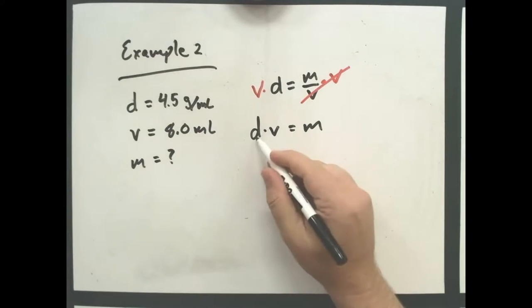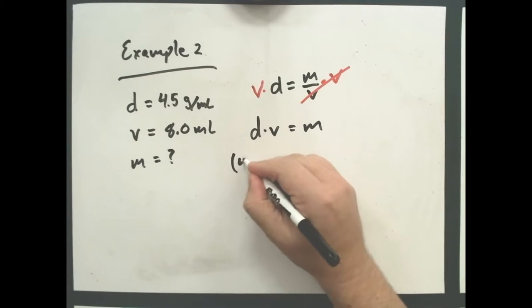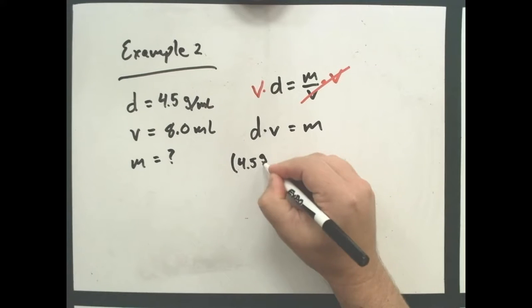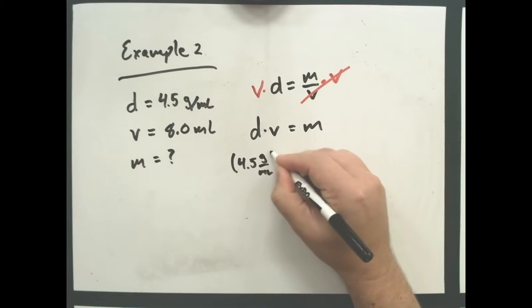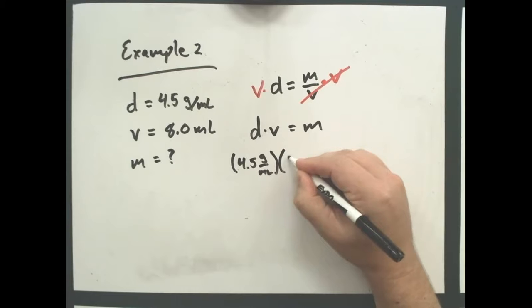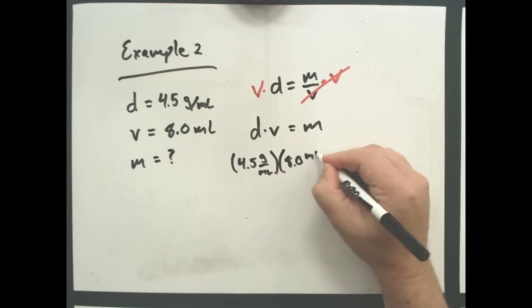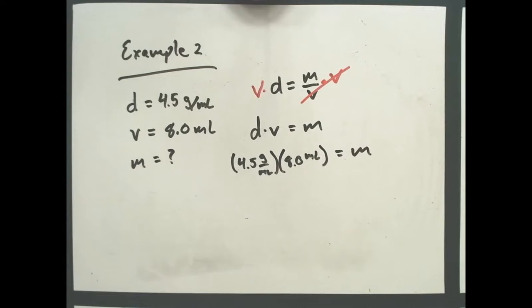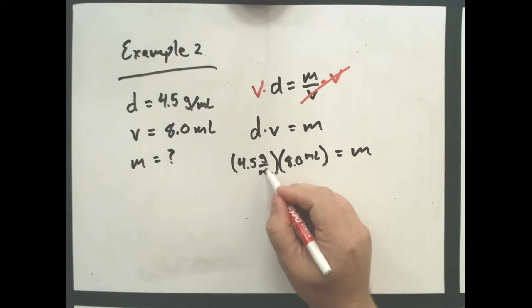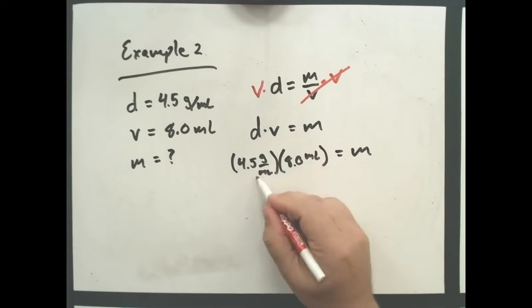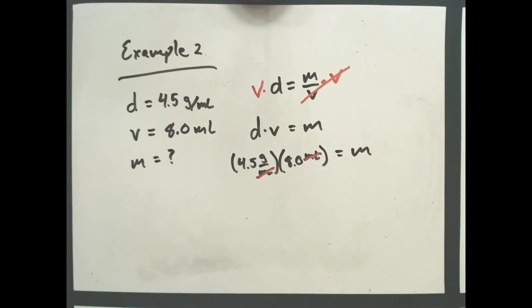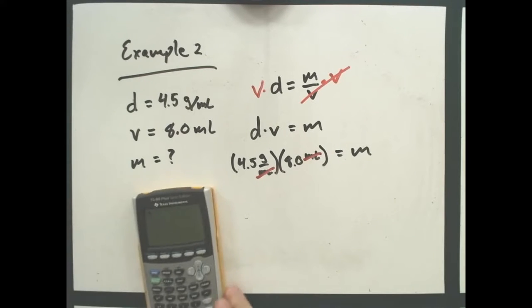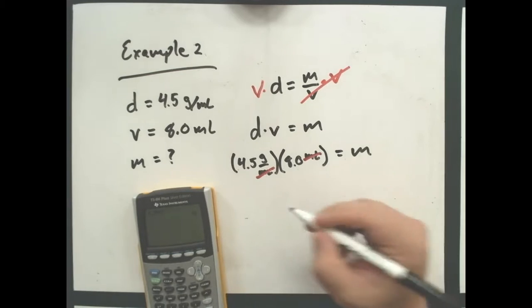So now I'm going to plug in my numbers, and I have 4.5 grams per milliliter times 8.0 milliliters equals my mass. Now you'll see that your milliliters are being divided and being multiplied, so your milliliters are going to cancel. So now I have to do my calculator: 4.5 times 8, and that gives me an answer of